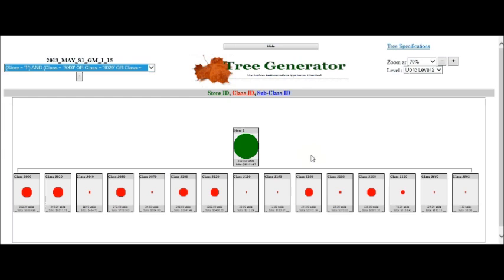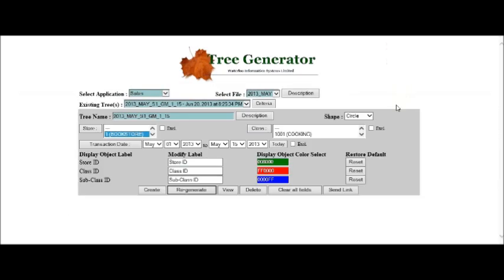At this point, we may decide that we would prefer to use a square as the object and maybe have some different colors to display our results. So what we have to do is, of course, return to using the tree specifications button back to our tree specifications page. First, we select in this shape drop down the square. And we also go to the color for the class ID,